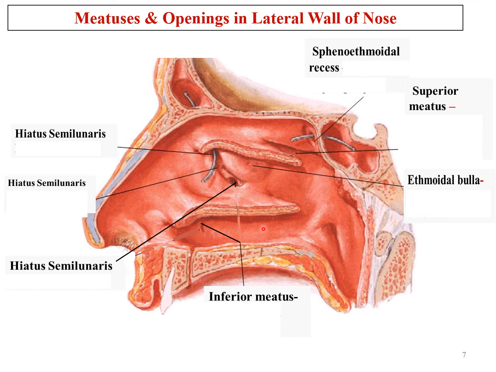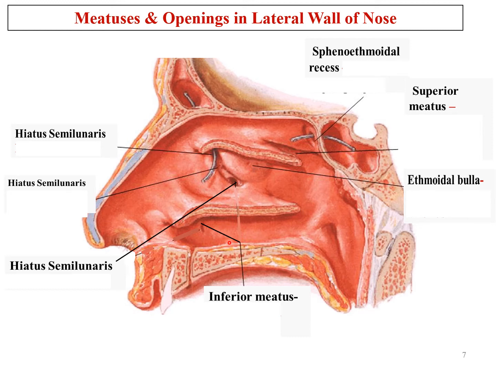So we can mainly say that we have 4 recesses or spaces. The first one above the superior concha is sphenoethmoidal recess. Beneath the superior concha is the superior meatus. Then beneath the middle concha is the middle meatus, where we have two structures. The bony projection which you see here is ethmoidal bulla, and this canal or the hiatus that you see here, semicircular hiatus, is known as hiatus semilunaris. And beneath the inferior concha we have inferior meatus.